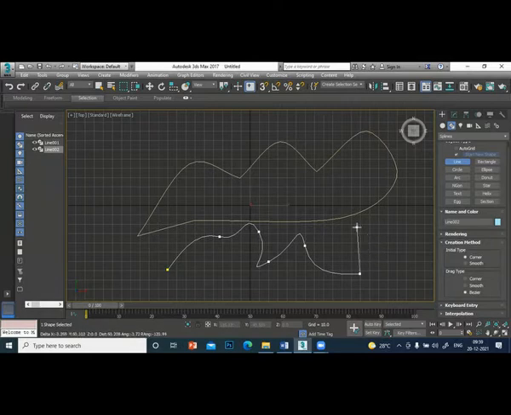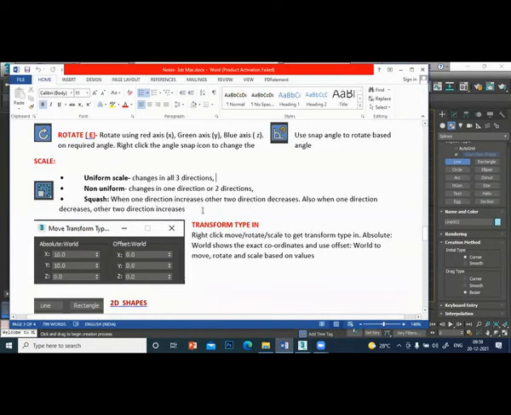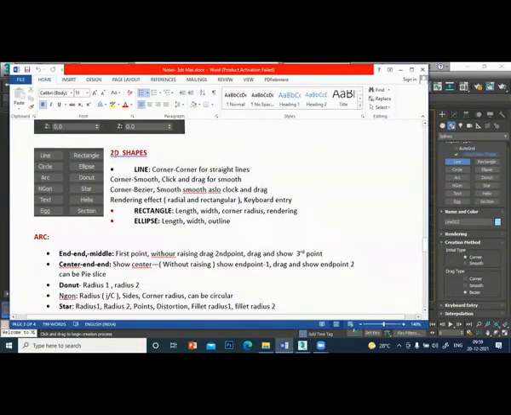Okay. So let us write down this and we'll come back to the next one. So 2D shape. Create, then shapes. The first one is line. Corner for straight line.